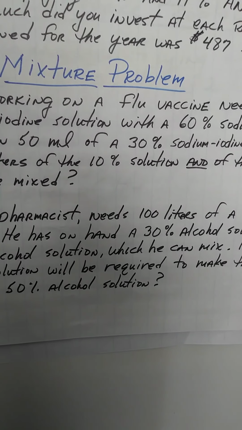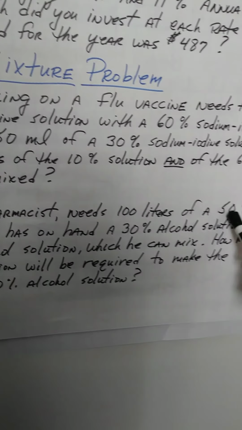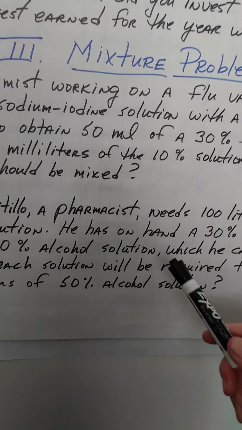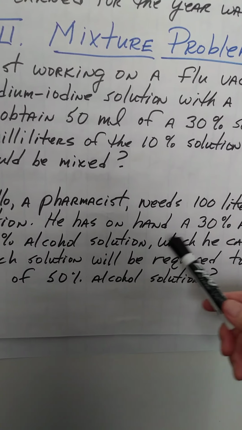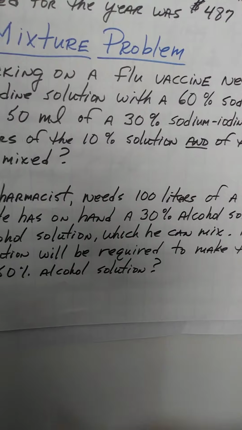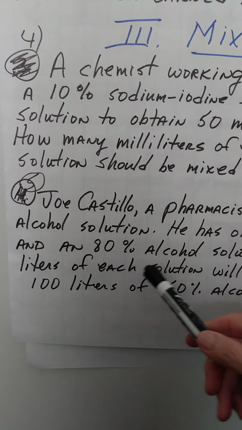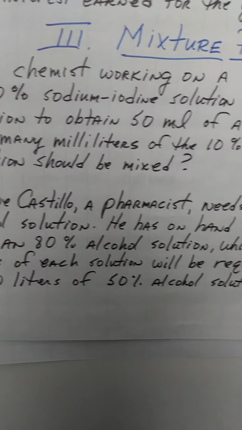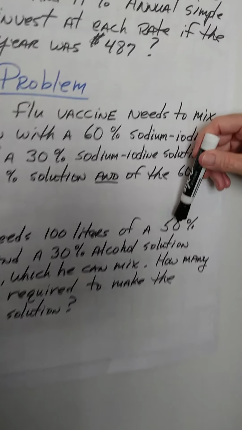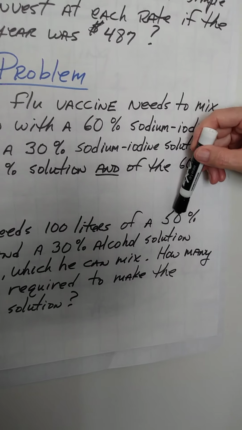He needs a 50% alcohol. He doesn't have it, because it says in the next sentence, he has on hand a 30% alcohol solution and an 80% alcohol solution,